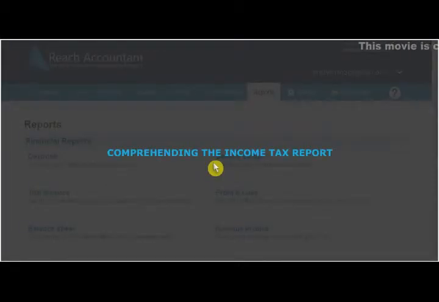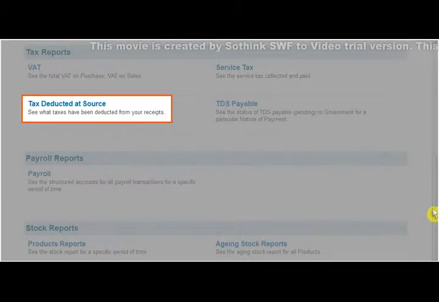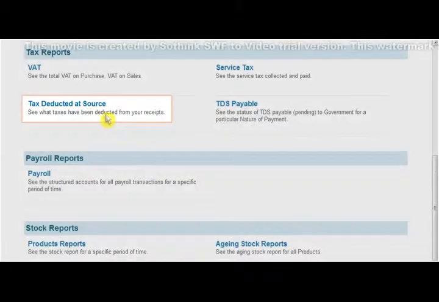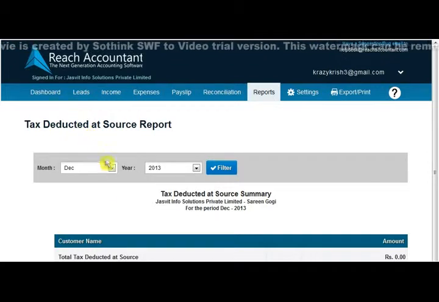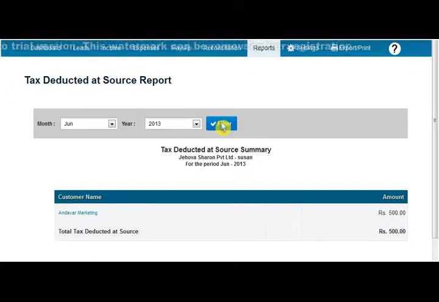Let's see Comprehending the Income Tax Report. Go to Reports tab and click Tax Deducted at Source icon and select time period of TDS and then click Filter. A monthly TDS will be displayed here.